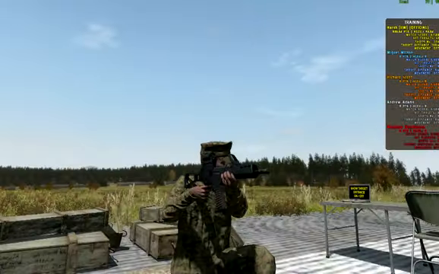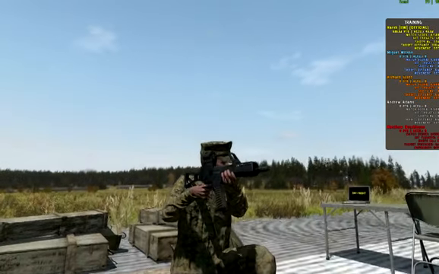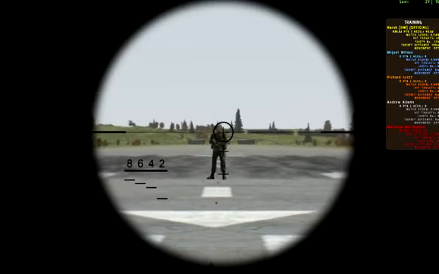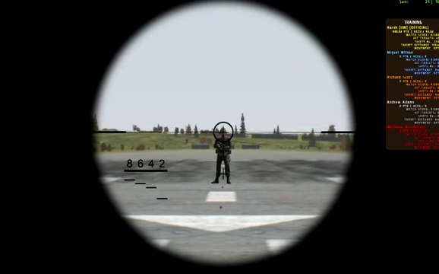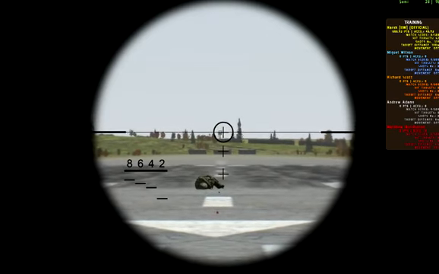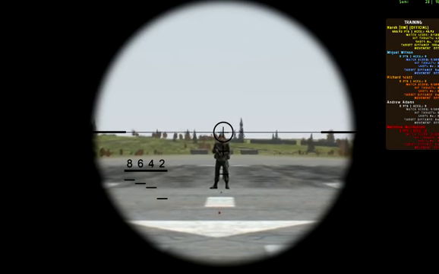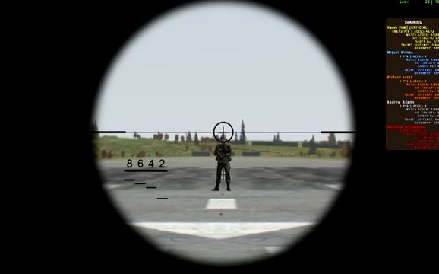Today I'm looking at the H&K G36K, 5.56mm by 45 assault rifle made in Germany. Now this target here is 100 meters away, so basically the point of aim is dead on the first reticle. 200 meters is just below it, 300 is the bottom tip of the first reticle, 400